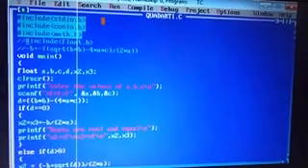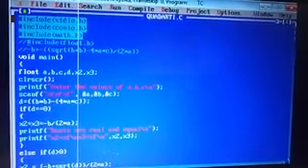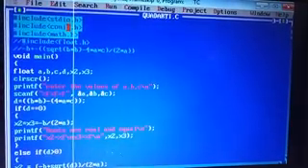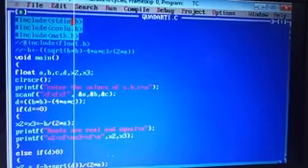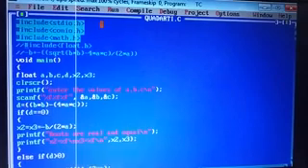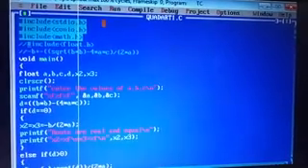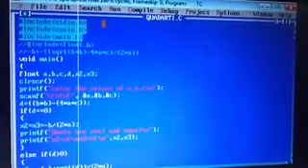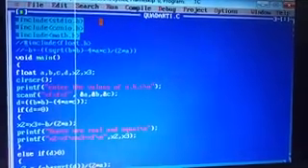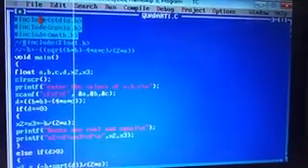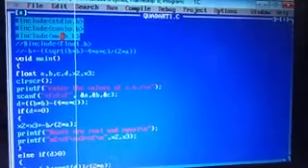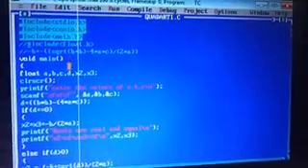To write this program, first I am including 3 library functions: stdio.h, conio.h, math.h. stdio.h is the standard input output header. conio.h is the console input output header. math.h is to support square root as well as power. stdio.h supports the printf as well as scanf statements. conio.h supports clear screen as well as getch.